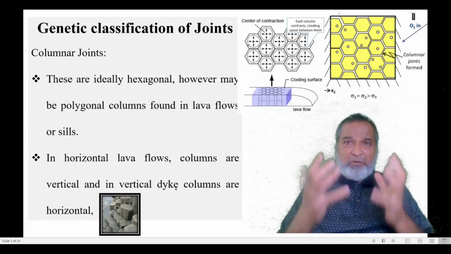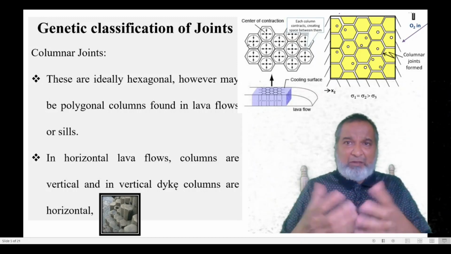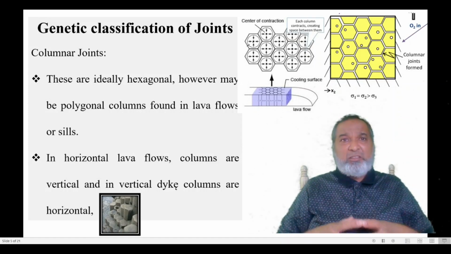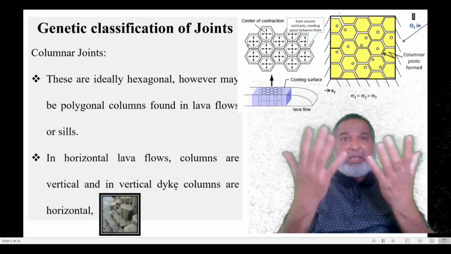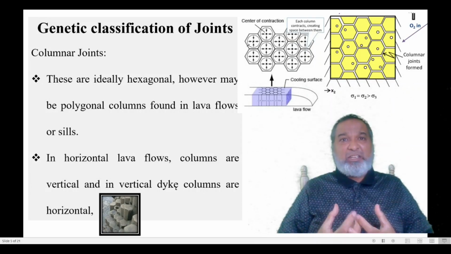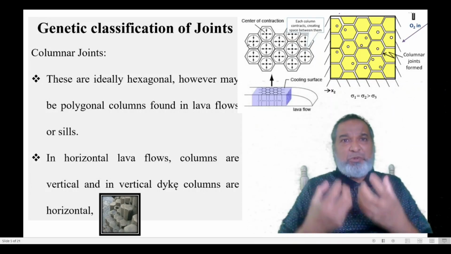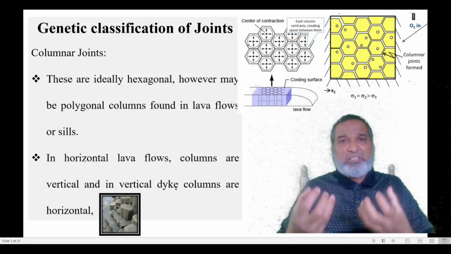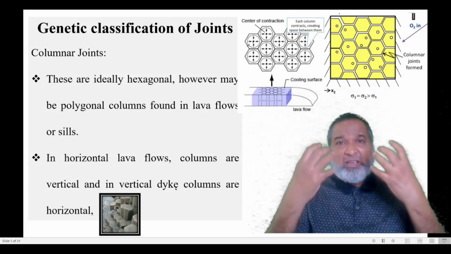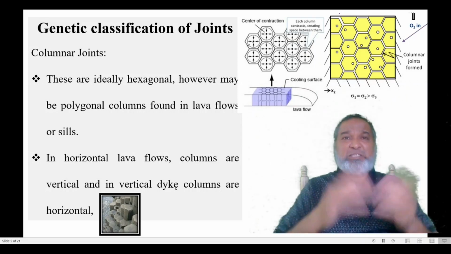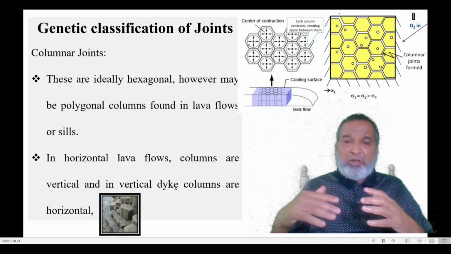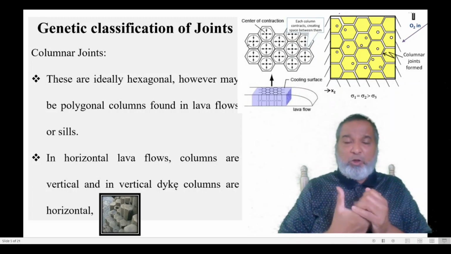So what is happening? First, once the lava comes on the surface, the vapors, volatile material and gases escape. Once they are gone, the temperature comes down drastically, because the pressure had been built up due to these gases, volatile material and steam, which have now evaporated. Now this lava has more mobility, so it spreads a long distance.